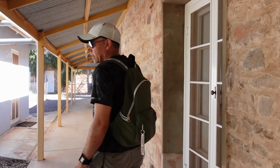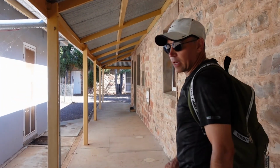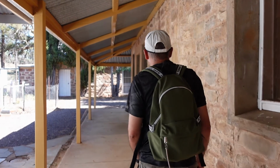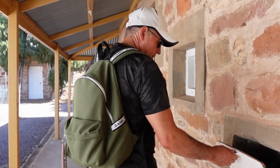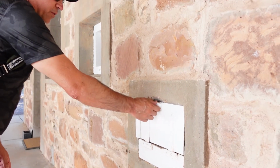So this station house was built in 1860, and it's actually one of the oldest station houses in the Flinders Ranges, and it still survives today. It was restored in 1947. Not sure what that's for, but